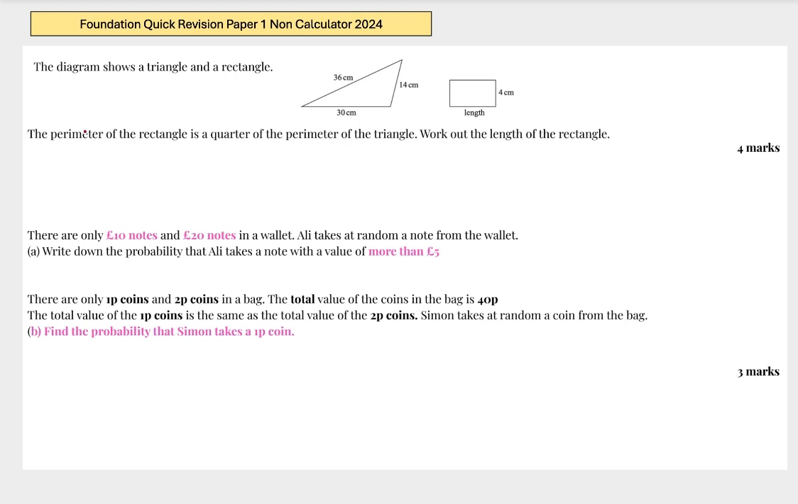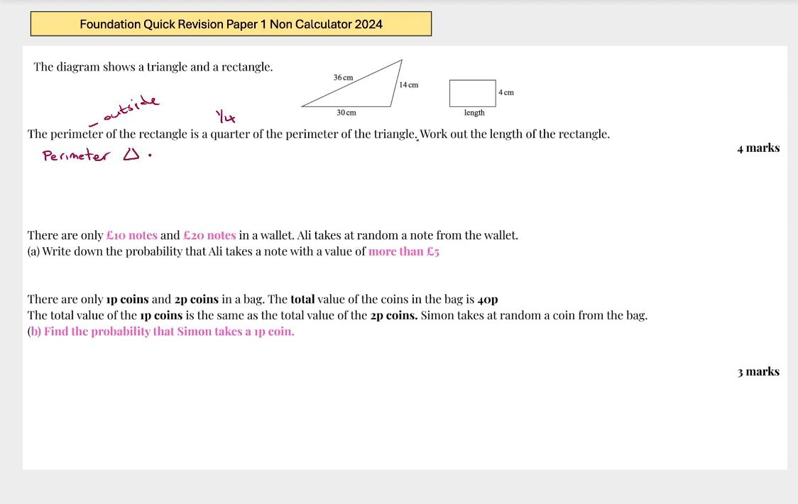Work out the length. So we know the perimeter is the outside of the rectangle, and we know it's a quarter of the perimeter of the triangle. So whatever this triangle equals, we need a quarter of it to solve this. Okay? So I'm going to work out the perimeter of the triangle first, because we need to get a quarter of it. So the perimeter